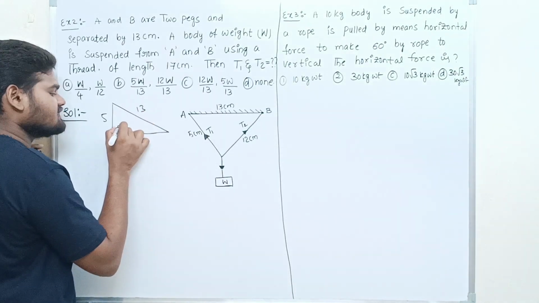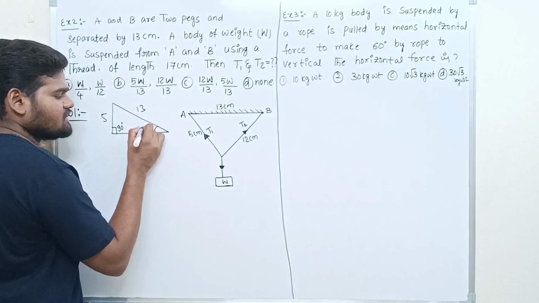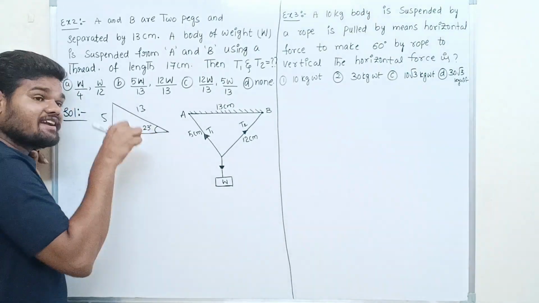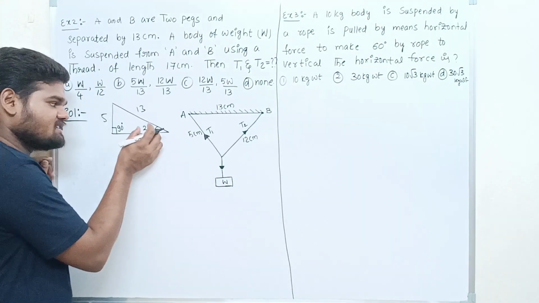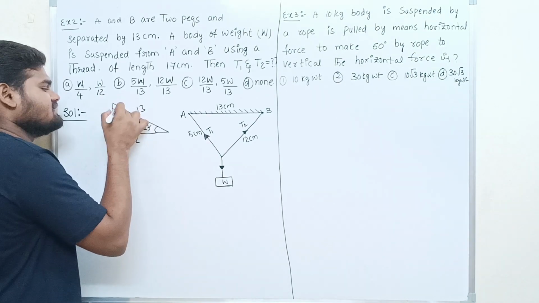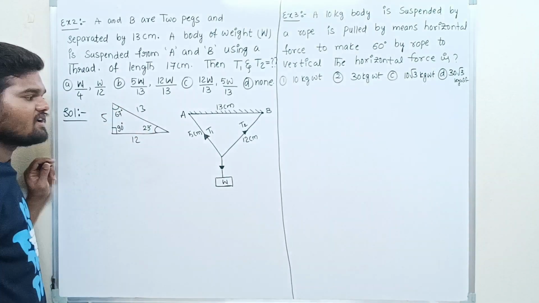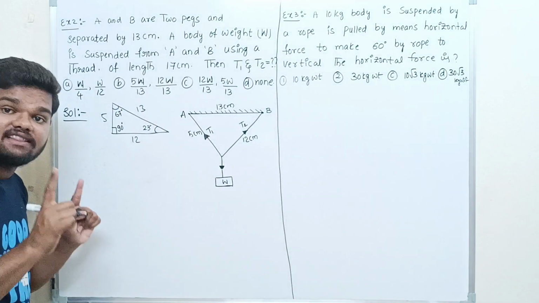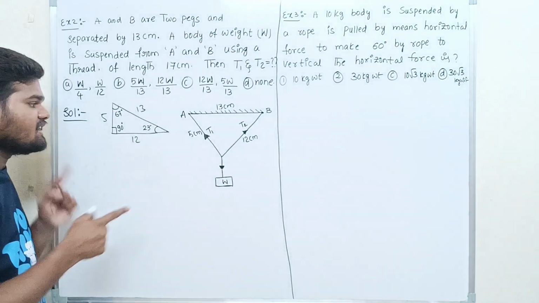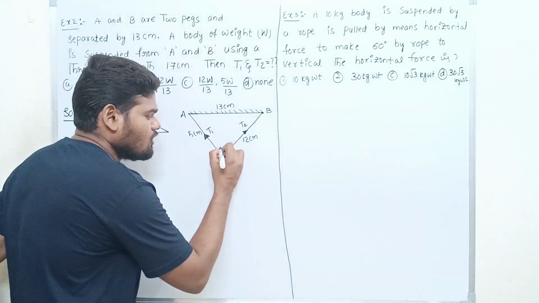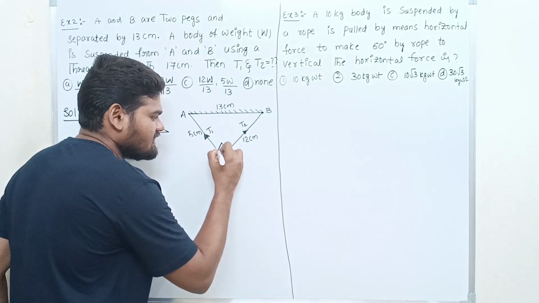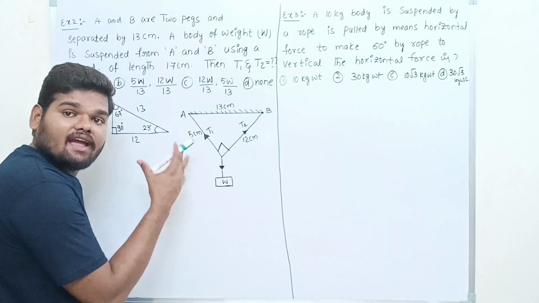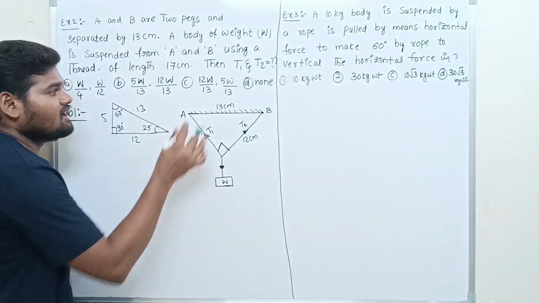So this is 90 degrees, this is 23 degrees. Actually it is 22 point something, I'm just taking 23 degrees, and this is 67 degrees. So from this triangle it is clear that the angle between sides 5 and 12 is 90 degrees. Okay, right. Have a look. Here I'm taking, to get the answer,